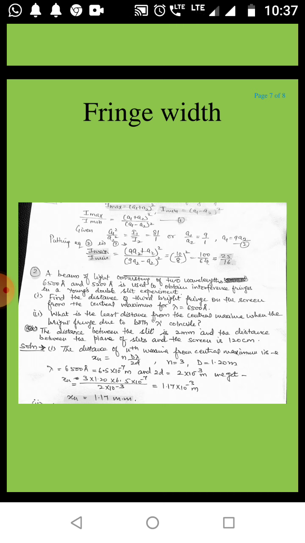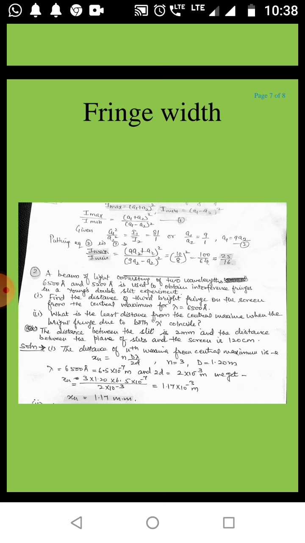Second, what is the least distance from the central maxima when the bright fringes due to both λ coincide? Third, the distance between the slits is 2 mm and the distance between the plane of the slits and the screen is 120 centimeter. Now we can solve it by using the formula xn,